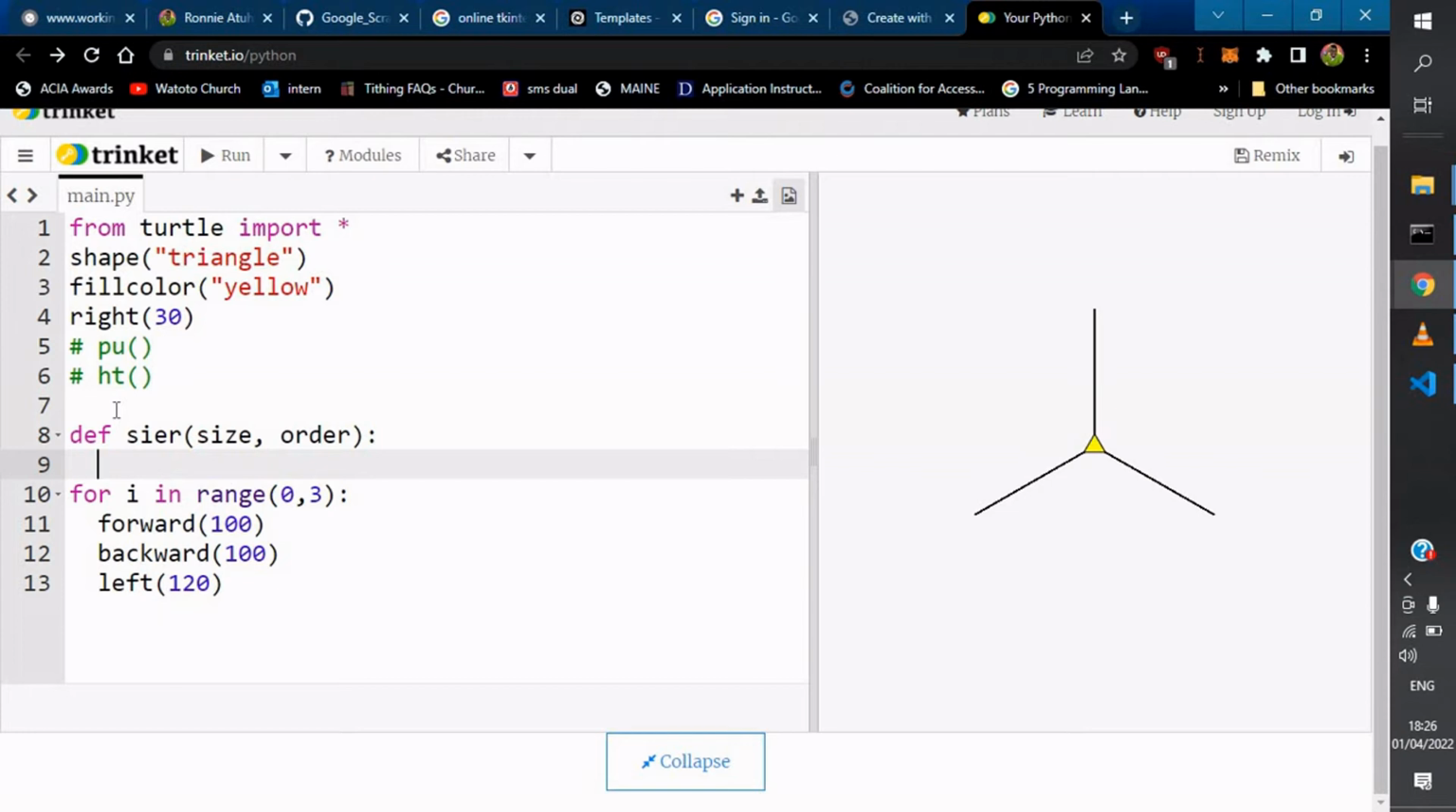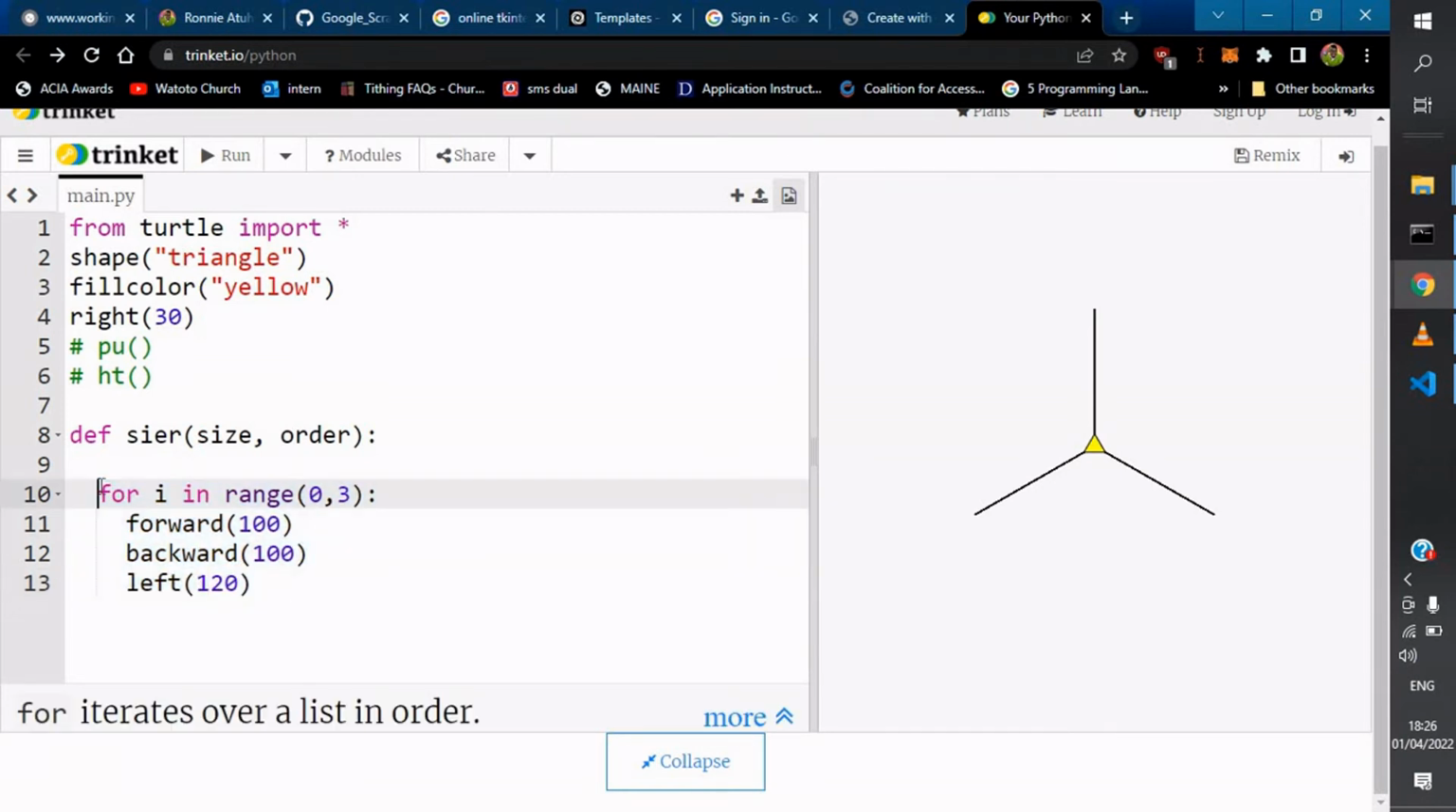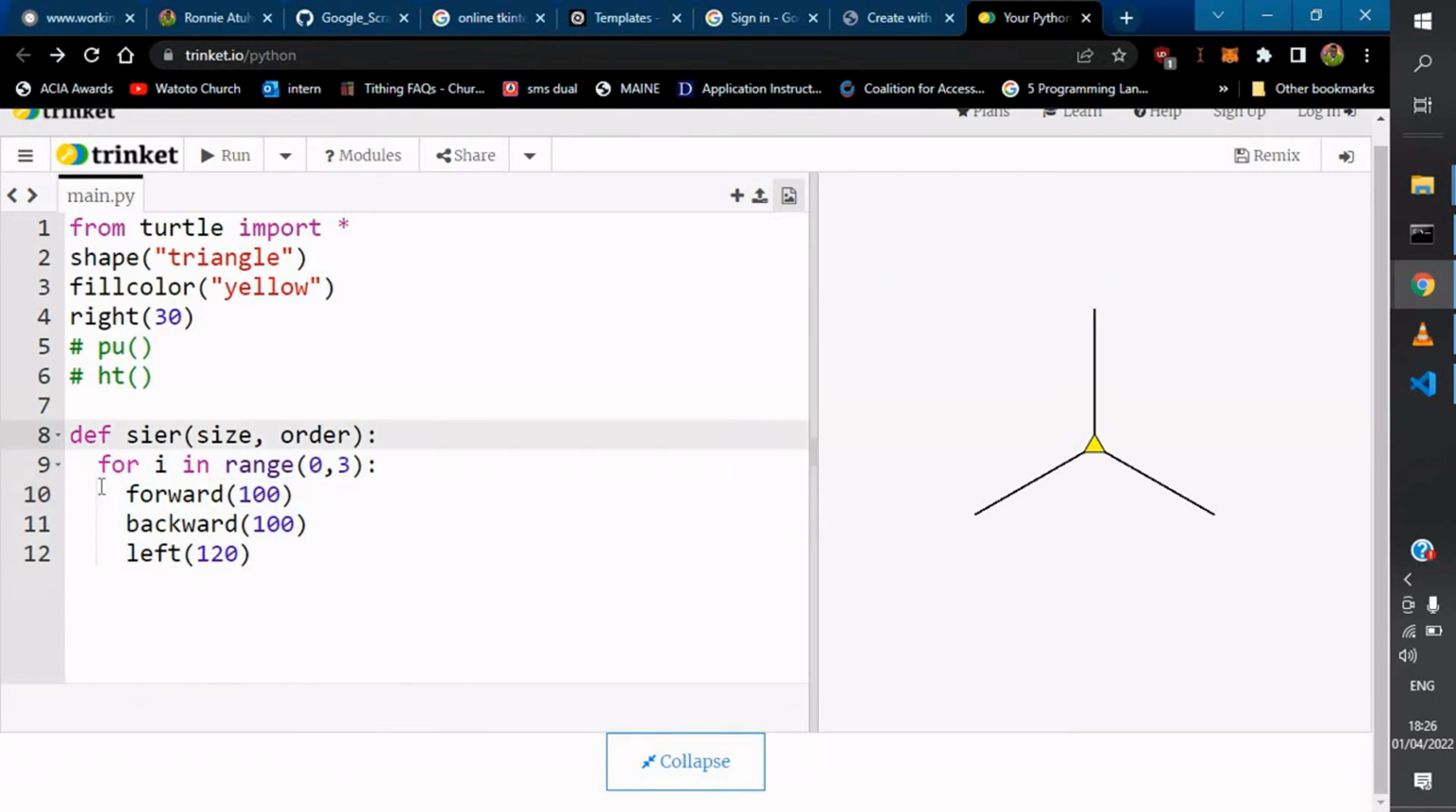So it's going to be kind of like the length of that particular triangle that we're going to be building. Then the order could be the number of times, the depth of the recursive call, in other words. So if I put this under here, then I will call our function,